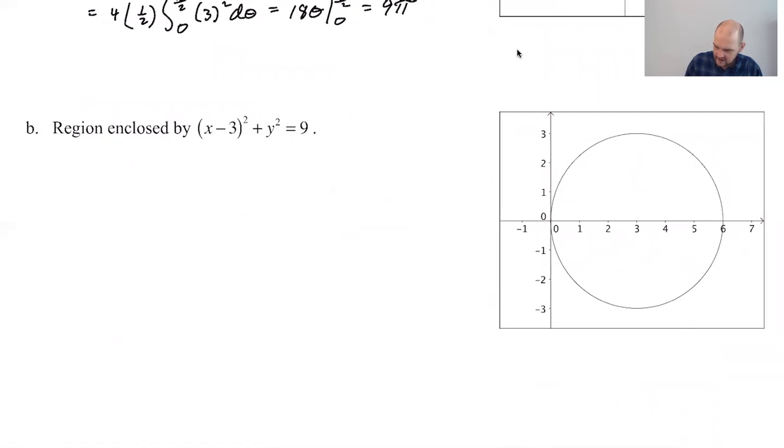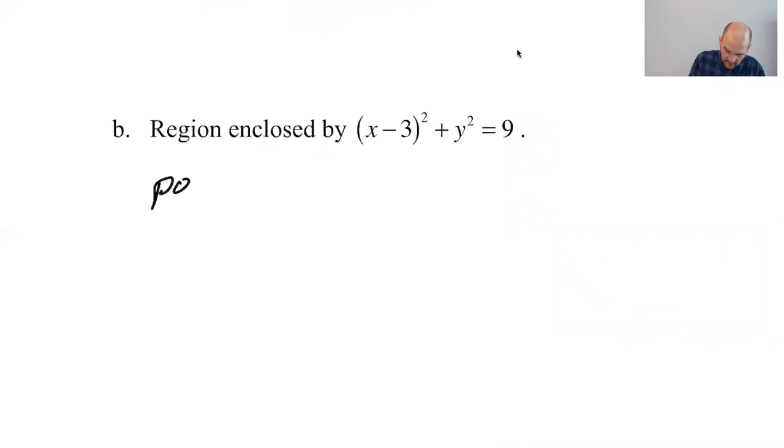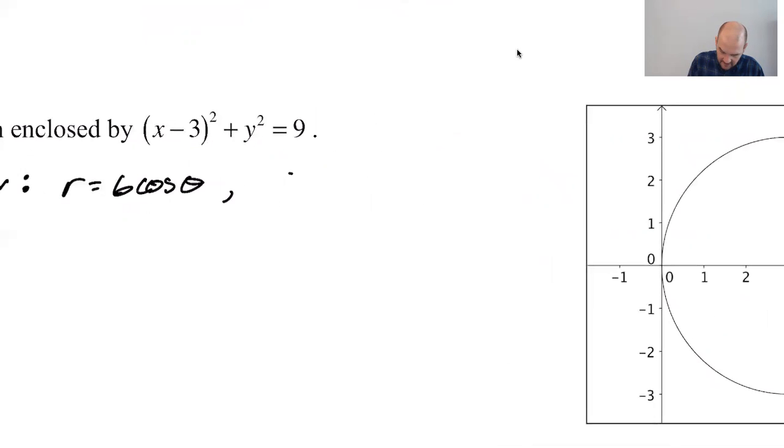Okay, this I recognize without being given this equation, which I do not want to convert. I know that this is r equals diameter cosine theta. Positive cosine because we're on the positive x-axis, diameter cosine theta. So I know that the polar curve is going to be r equals 6 cosine theta. And I know this type of polar curve, this is where it all comes in. This type of polar curve only takes 0 to pi to trace out. So if you're unsure about that,